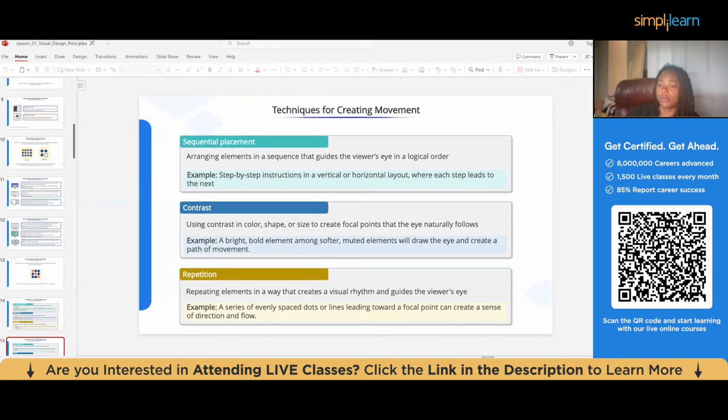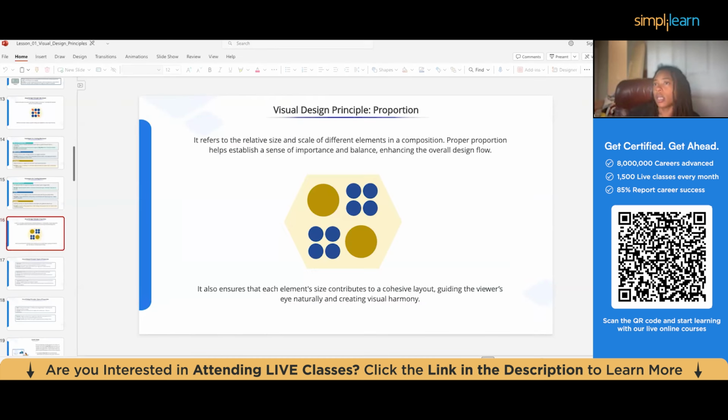direction and flow. And then next you have proportion, which refers to the relative size and scale of different elements in a composition. Proper proportion helps establish a sense of importance and balance, enhancing the overall design flow. It also ensures that each element's size contributes to a cohesive layout, guiding the viewer's eye naturally and creating visual